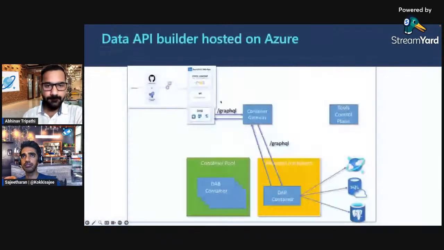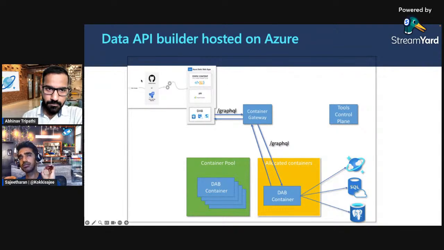This is powered by Azure Cosmos DB infrastructure. Most of you might know how Azure Static Web Apps works. Whenever you push the code to the repo, the build content automatically gets deployed to Azure Static Web Apps, and then you can issue those GraphQL requests to Data API Builder. Once we get those requests, they are routed to the infrastructure that we have.